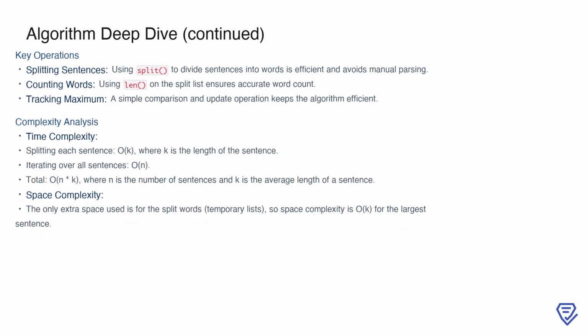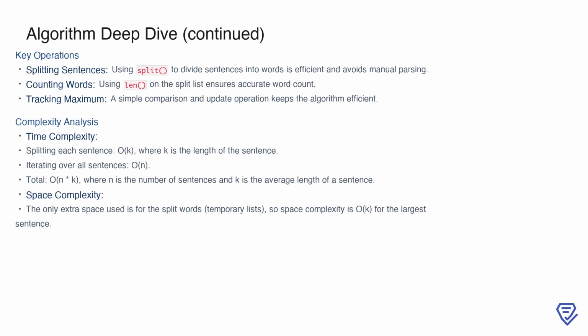The key operations in this algorithm are straightforward yet effective. First, we use split to divide sentences into words, which avoids the need for manual parsing and handles irregularities in spacing. Second, we use len on the resulting list of words to count them accurately. Finally, we compare the word count of each sentence to max_count, updating it as needed to keep track of the